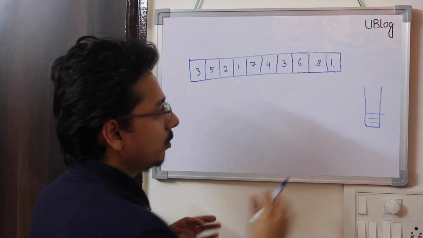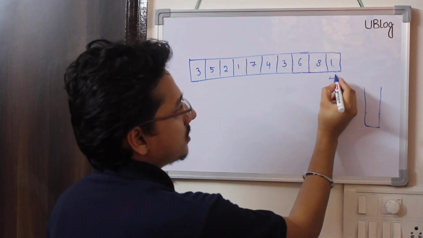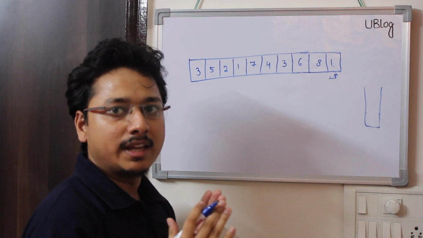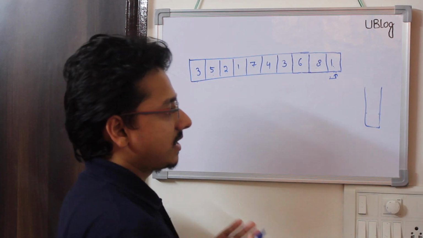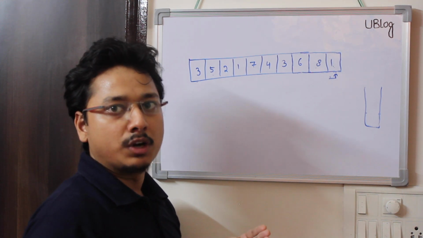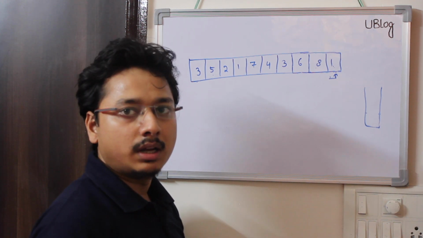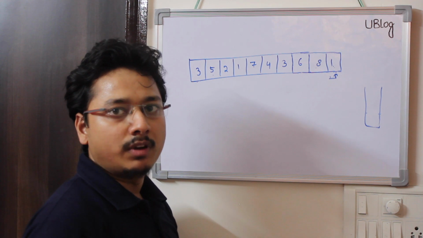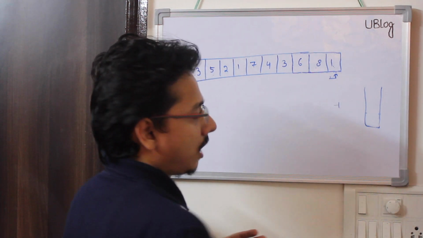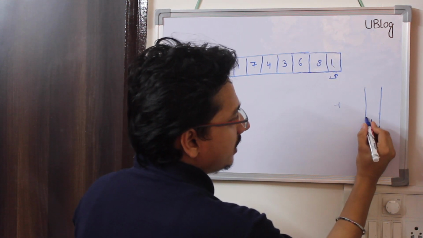Likewise, initially my stack is empty and I am at the first index. Before putting this element in the stack, I'll pop all the elements which are smaller than that. Since my stack is empty, I won't pop anything. Next, I need to print the NG, which is the top of the stack. Since my stack is empty, there is no top, so my NG is -1. After doing both operations, I push the element to the stack. Now my stack contains 1.